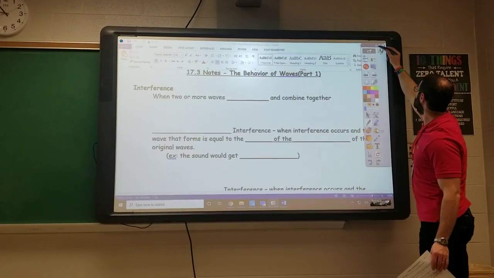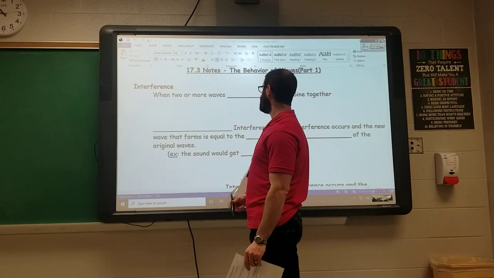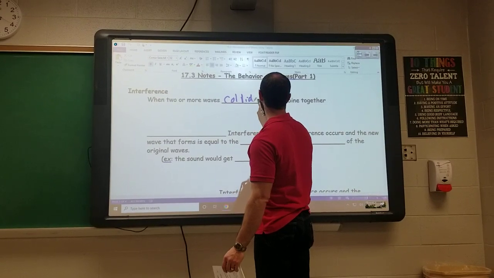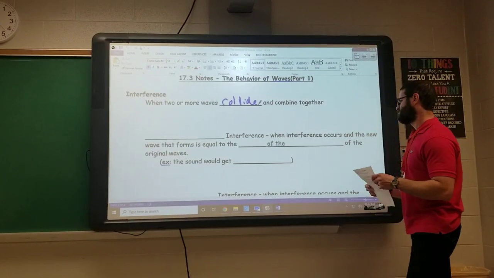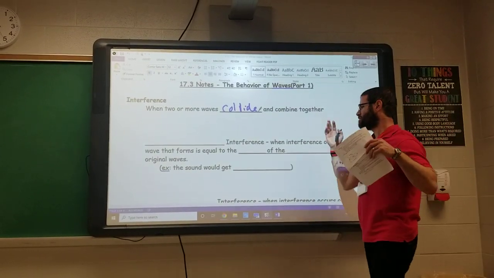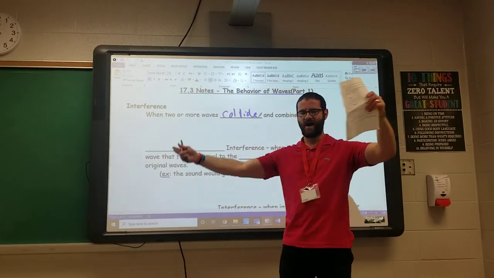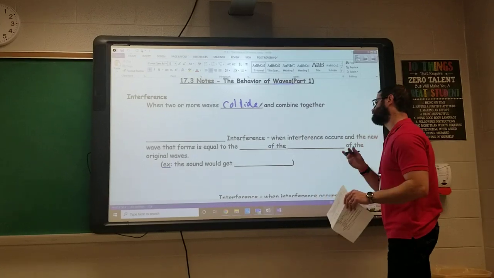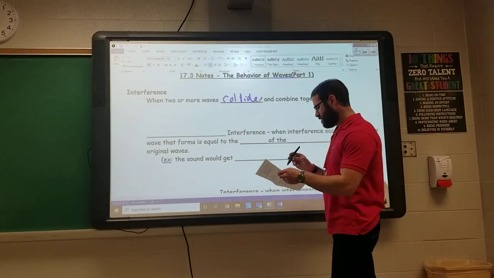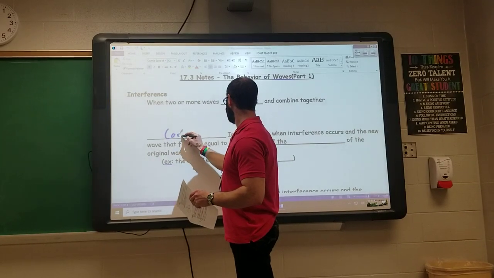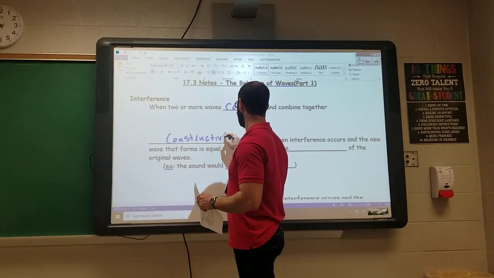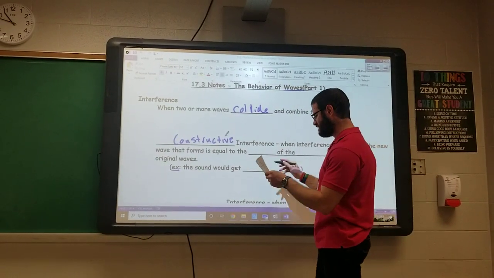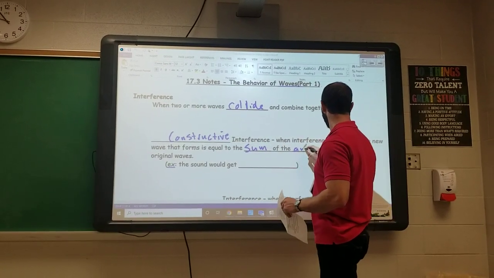So interference, as it applies to waves, is when two or more waves collide and combine together. There are two basic types of interference: constructive interference and destructive interference, and we'll look at what both of those mean. Constructive interference is the first type. It's when the new wave that forms is equal to the sum of the amplitudes